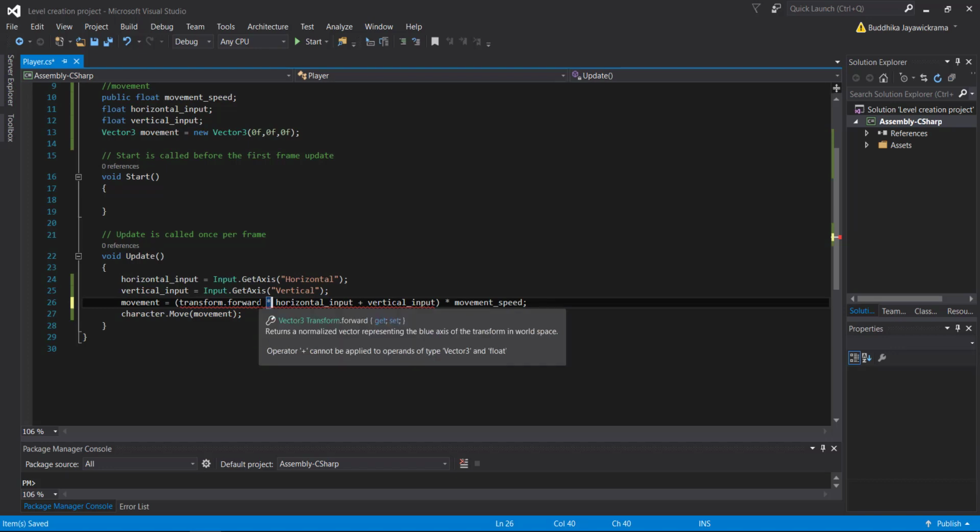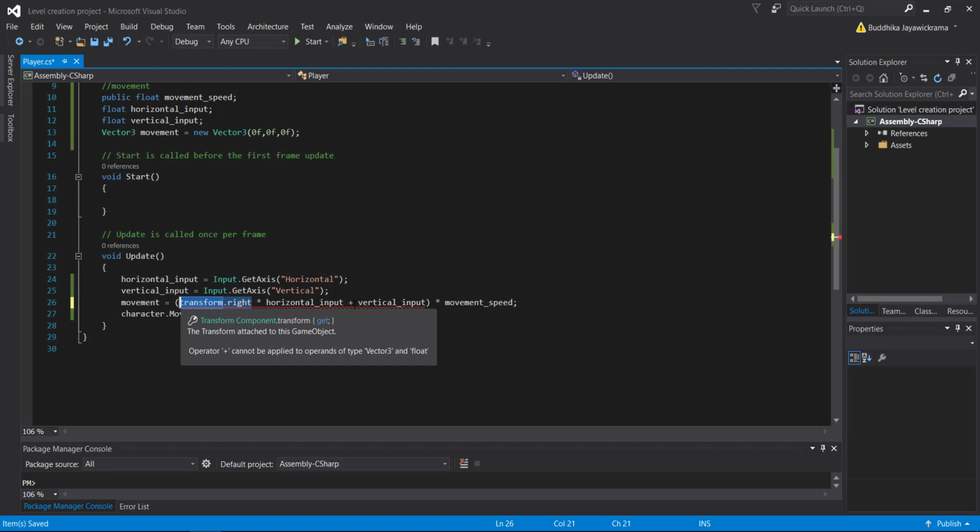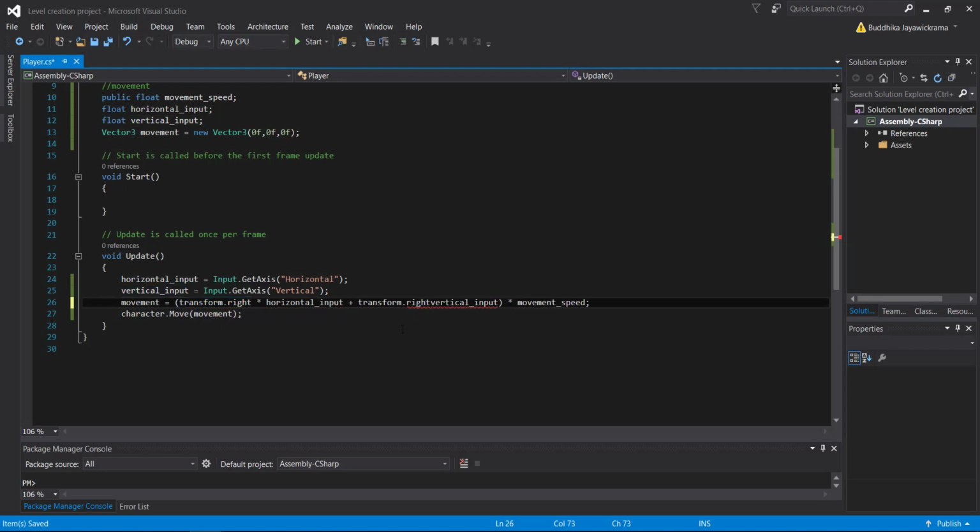Okay, I think this one is better to be right because we are taking left right input from the horizontal input. So transform dot right with the horizontal input, and let's copy it and paste here. And now for the vertical input we multiply it with the transform dot forward. Okay,